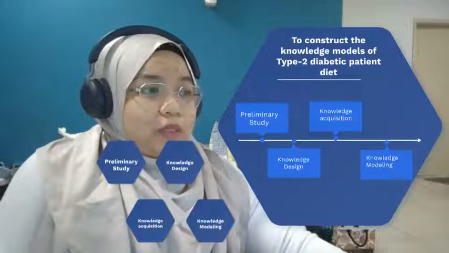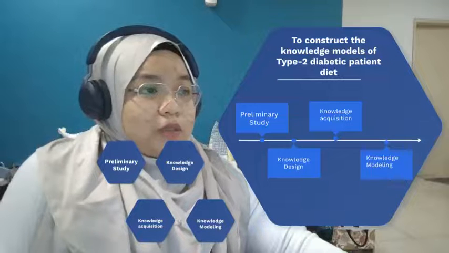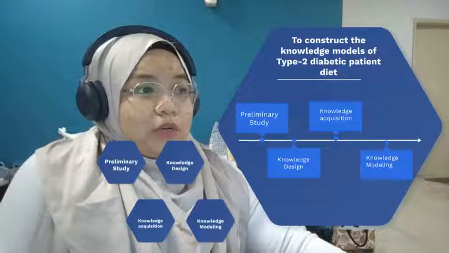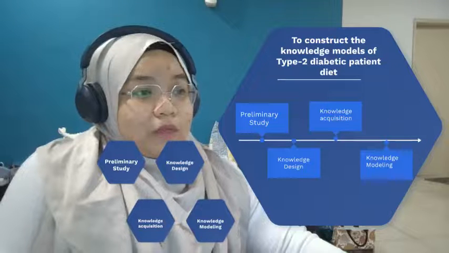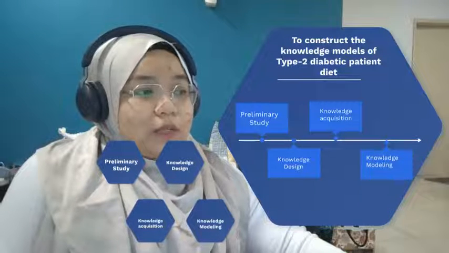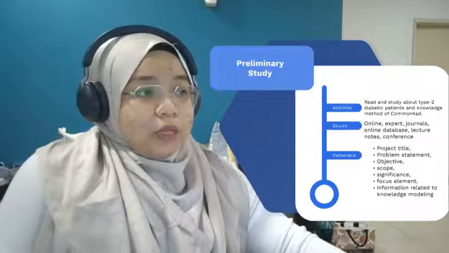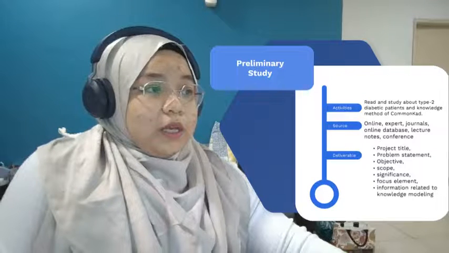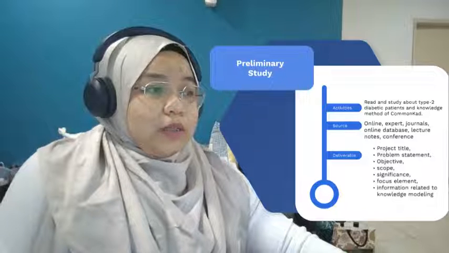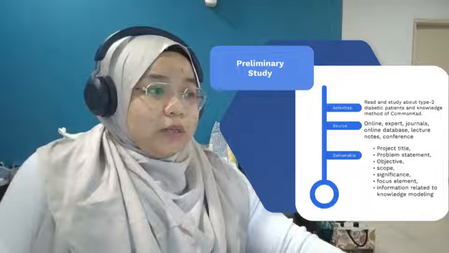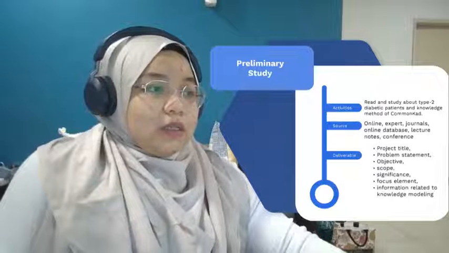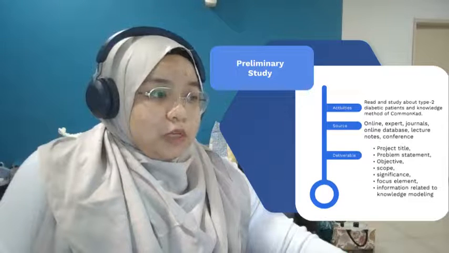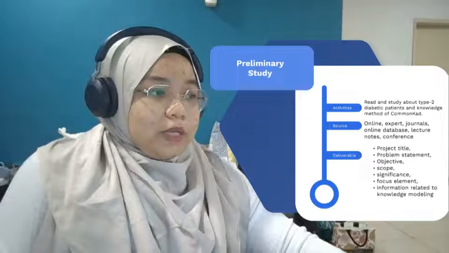For the first framework, our goal is the first objective, to construct the knowledge model of type 2 diabetic patient diet. The first one is preliminary study, and in the preliminary study, the activity is to read and study about type 2 diabetic patients and knowledge about CommonKADS. The sources are online, expert journals, online databases, lecture notes and conferences, and then the deliverable is project title, problem statement, objective, scope, significance, focus element, and information